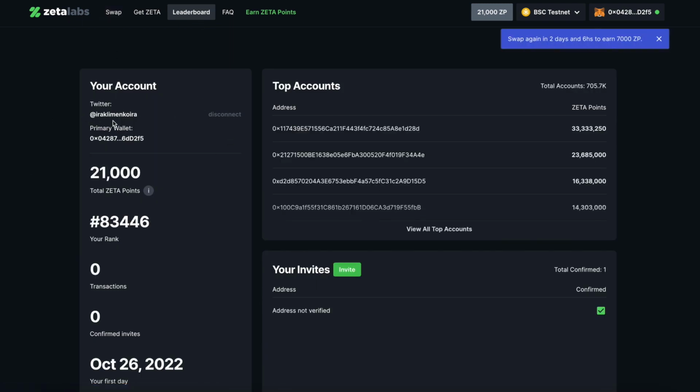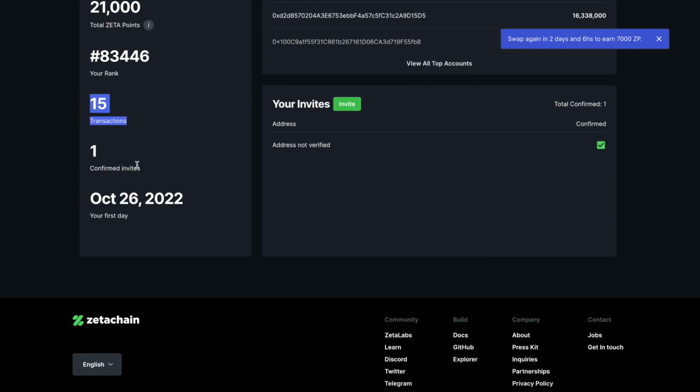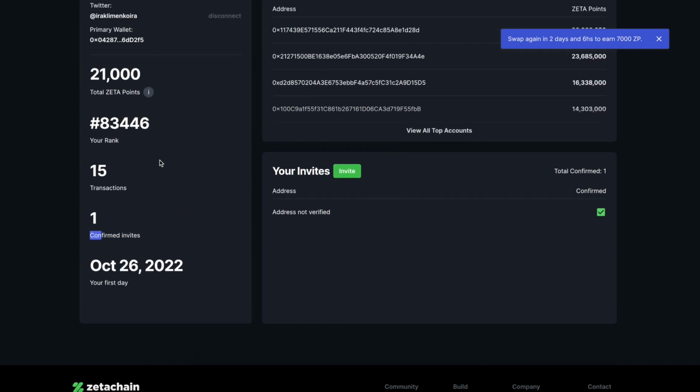On this page we can see how many transactions we made, how many invites we have, how many tokens we have, how many points we have, and then our rank, and of course the first day. So